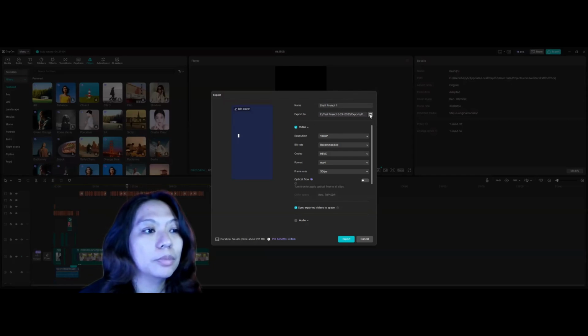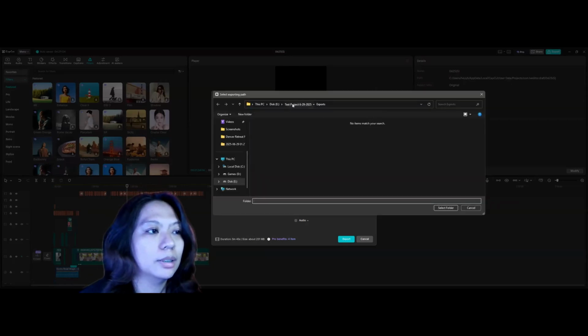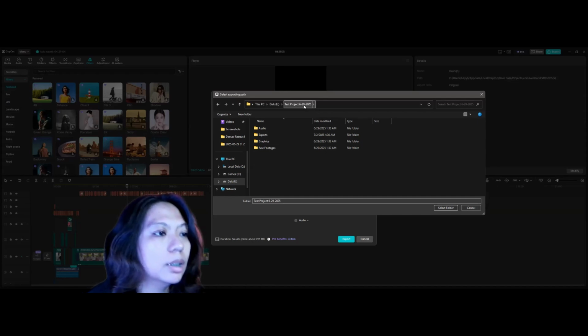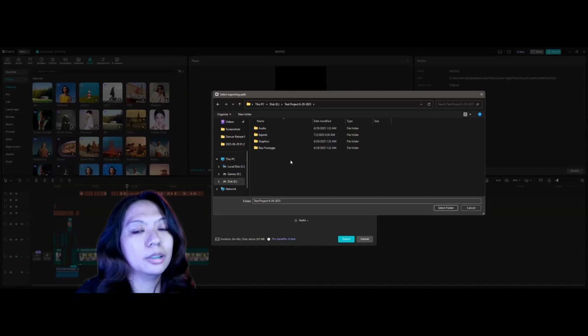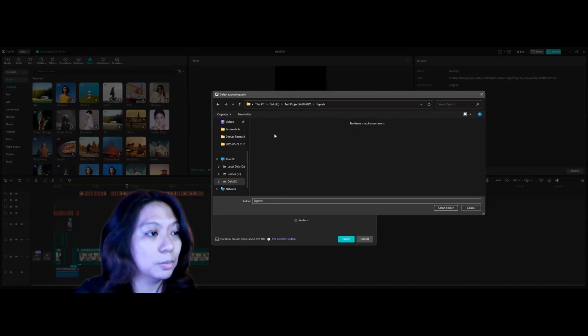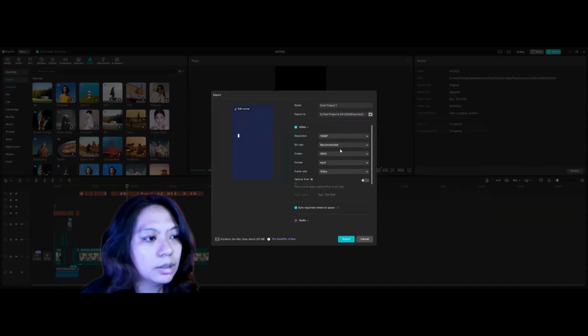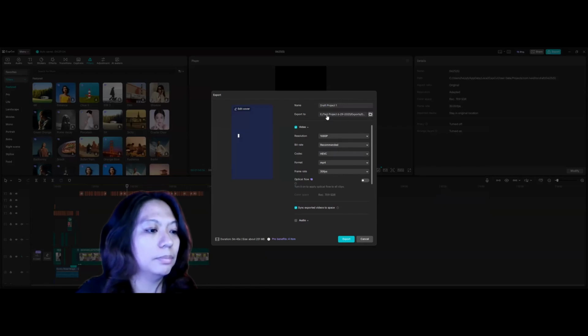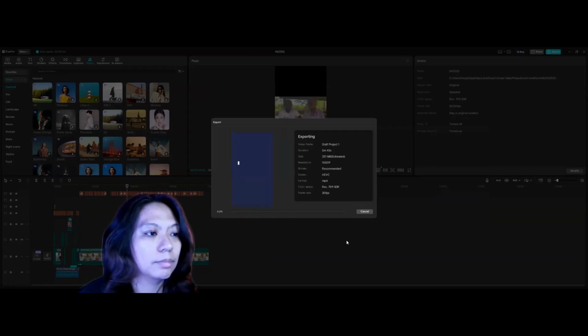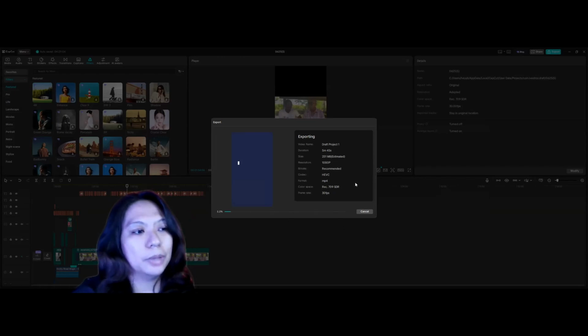Export to. Where do we need to export this? We need to export this in the file that we created earlier to be more organized. And then click the exports and then select folder. I rarely change this, so just leave it as is. And then just click the export button. So while waiting,